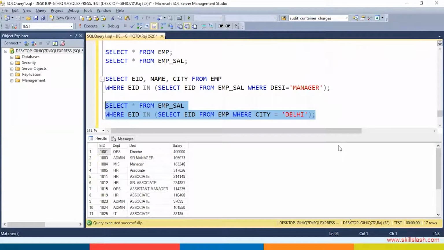So you can see I am getting the salary details of all the Delhi employees.